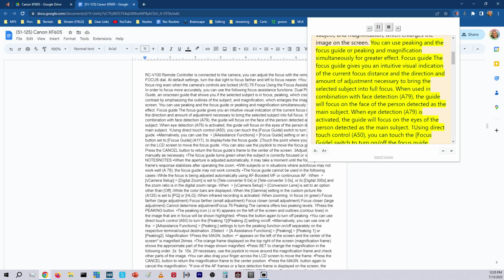Focus guide: the focus guide gives you an intuitive visual indication of the current focus distance and the direction and amount of adjustment necessary to bring the selected subject into full focus. When used in combination with face detection, A79, the guide will focus on the face of the person detected as the main subject. When eye detection, A79, is activated, the guide will focus on the eyes of the person detected